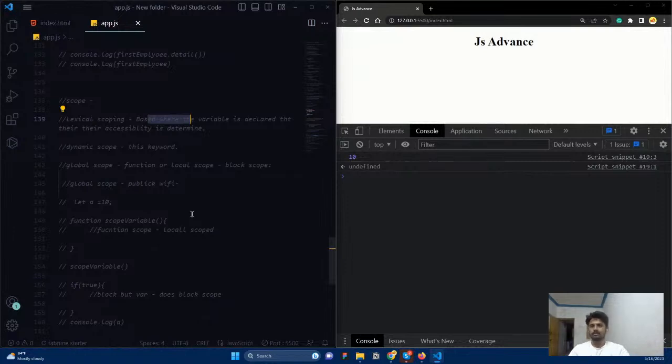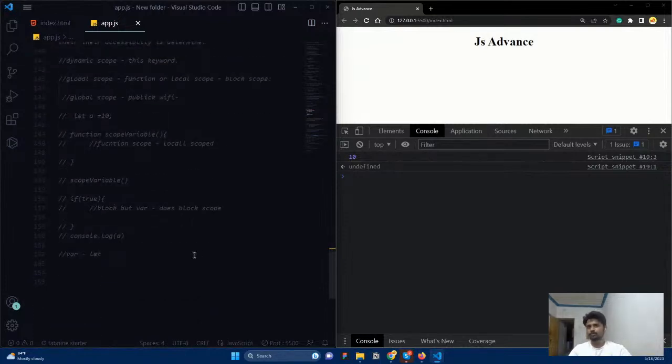But whenever you are using the var keyword, block level scope does not apply, so it is treated as part of the whole function. Okay, so that's what scope is all about. And the difference between var and